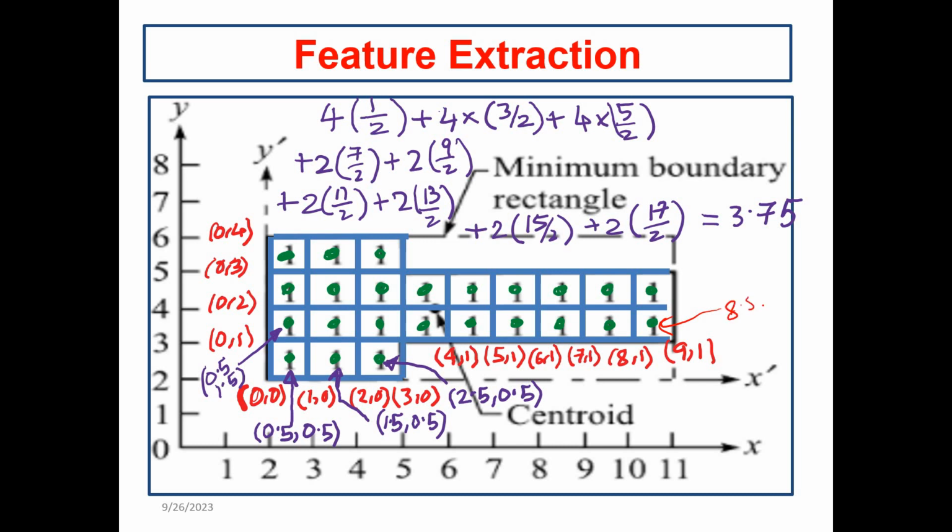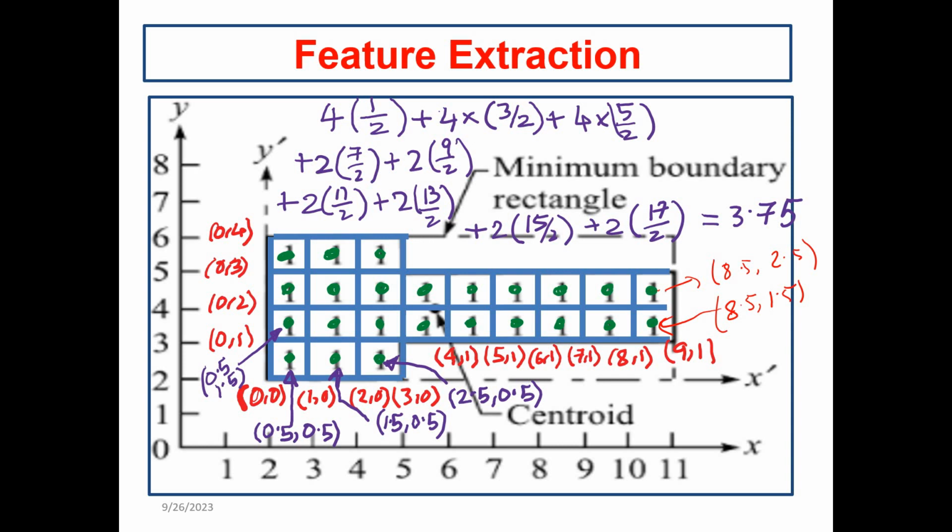It is 8.5 comma 1.5. Very good. What is this point? 8.5 comma. So basically 8.5 is the last recognized value of x. So you can see 17 by 2. You can take it as 8.5 also. Don't worry about it. But usually since this is much easier for calculation, that's why we are doing it in